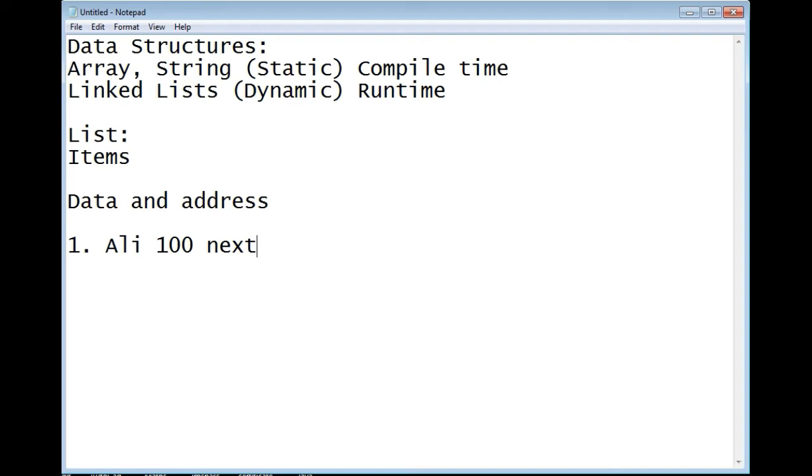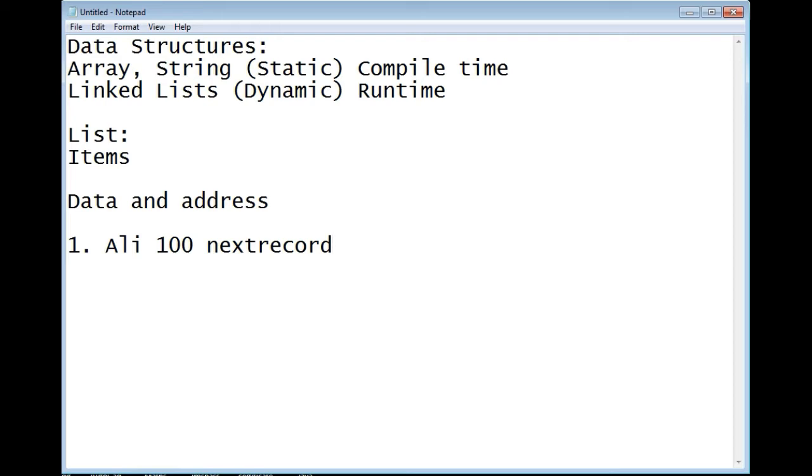Next means next list or next record. So Ali 100 is the first record, and its next record will be something else.